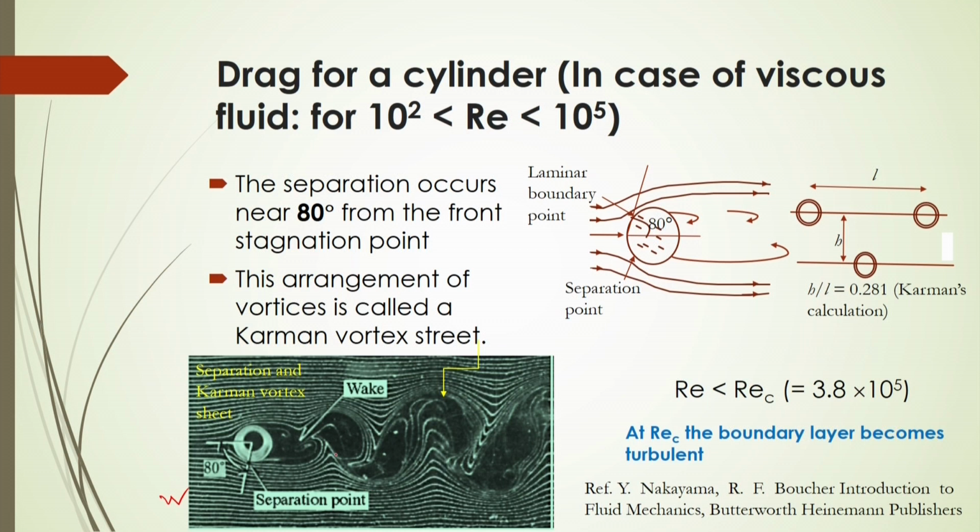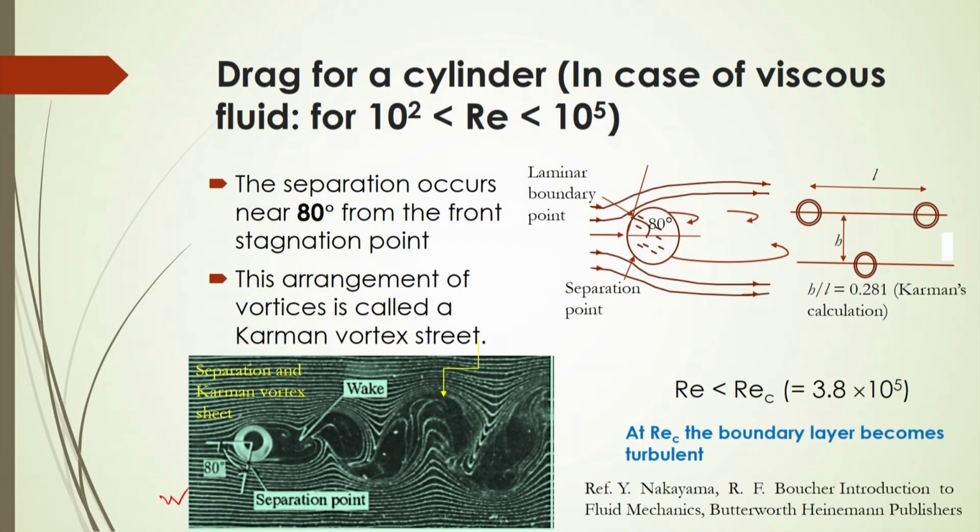of the experimental condition. You will see that at around 80 degrees from the horizontal, that is the flow direction, if we consider that point, there will be a complete separation of the flow, and from this stagnation point there will be a separation. This will occur only for this 80 degree angle, and complete separation will form. This arrangement of the vortices, whenever it is formed at this condition, is sometimes called the Karman vortex street.